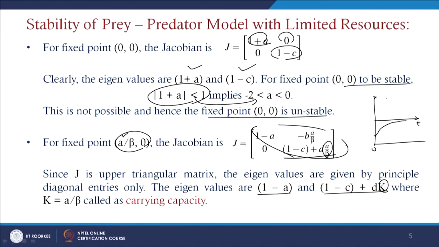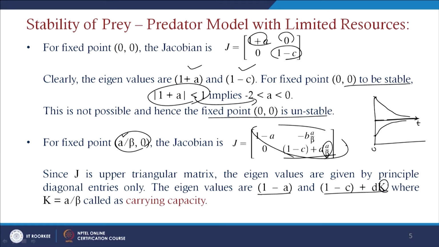And if the predator is present, the predator will eat the prey, and after a certain time this predator population will go down when the prey population is less. Then at a level where both species are coexisting, it will maintain a maximum carrying capacity. So that is why we have maintained a maximum carrying capacity value as K here, which takes the ratio